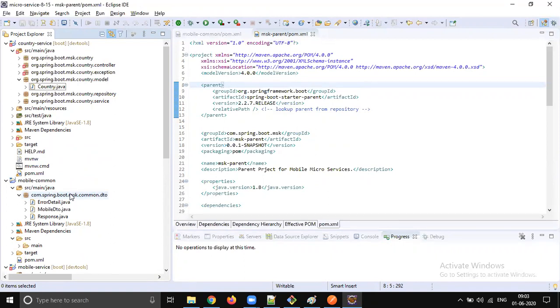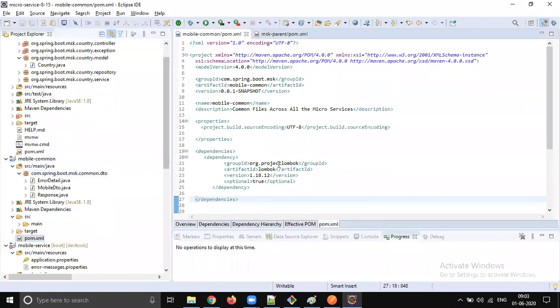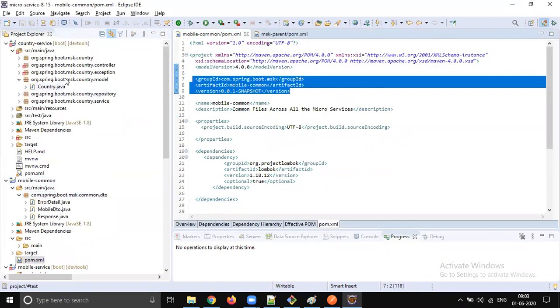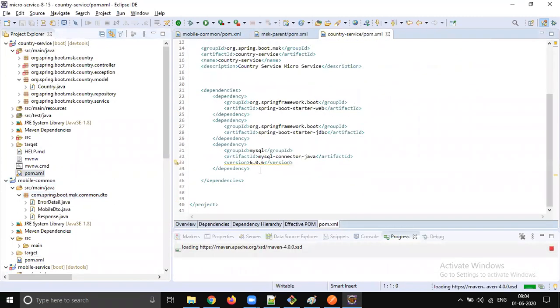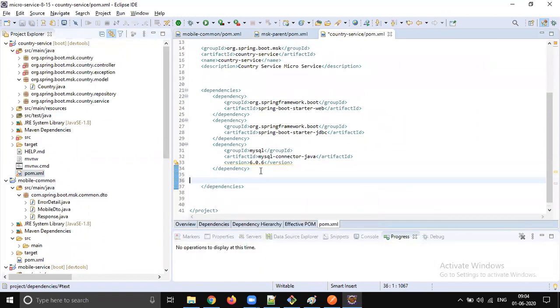Now let's do one thing. Let's add this common into those individual dependencies, right? Individual services. So let's go to country service, that pom XML file, and add the common dependency, right?